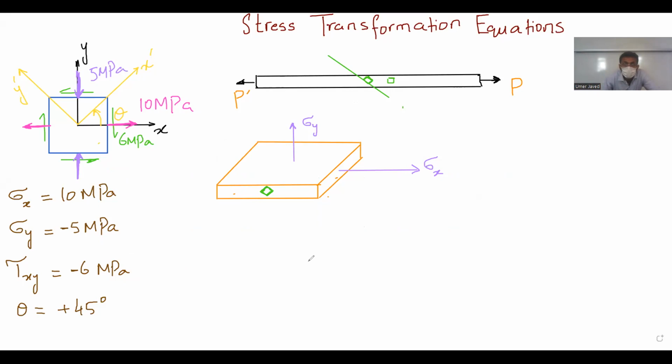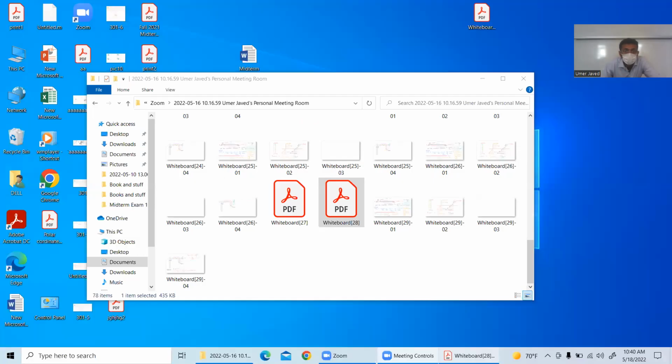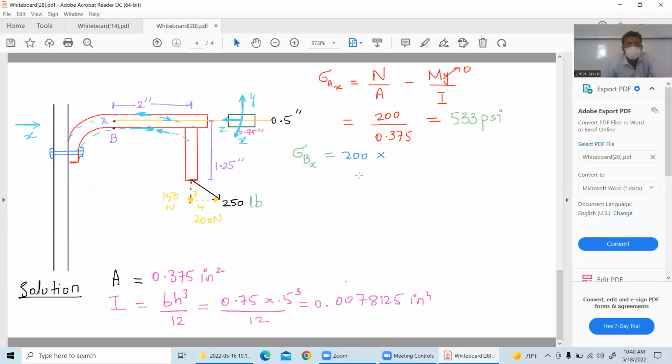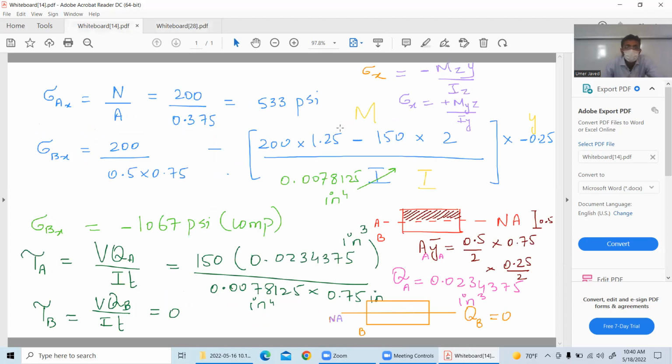Again, I will emphasize what we covered last time, which is very important, from an exam perspective as well as in general. I will again emphasize that the moment is acting in the Z direction, and then we solved this complete problem. The only reason I'm emphasizing it again and again is because I ended up writing these two formulas. My only worry is that a student might end up saying one component is Mz and one component is My. No, we have not covered such kind of a problem in this course, in which moments are acting